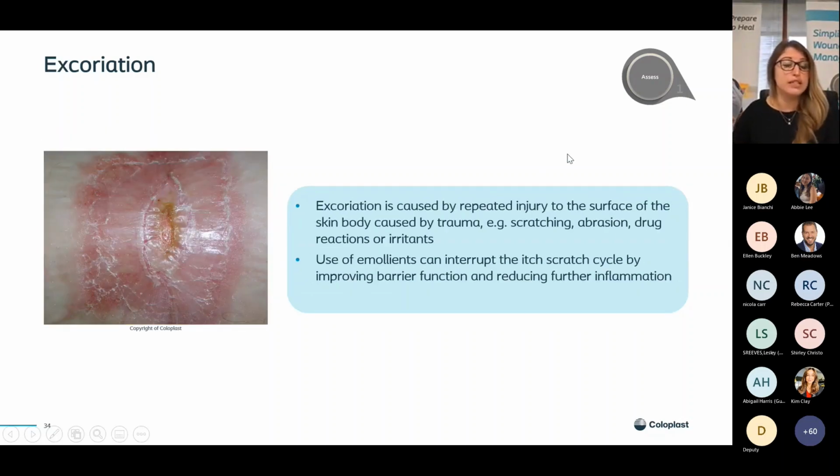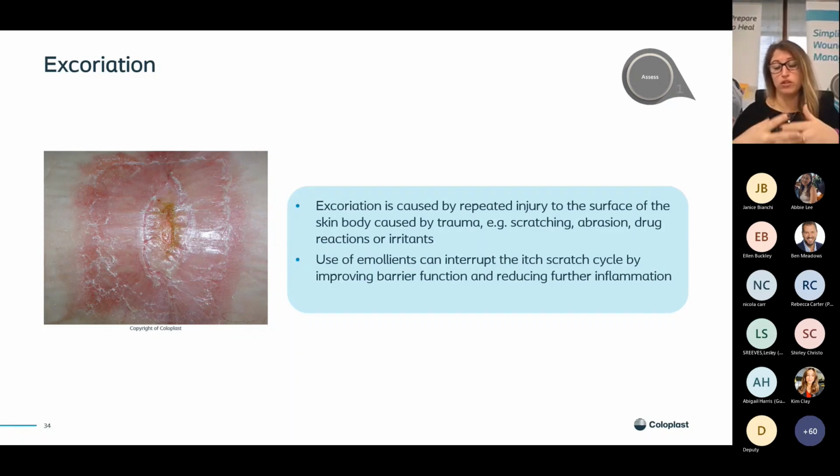We can get excoriated tissue surrounding that wound in the periwound skin. And what excoriation is caused by is a repeated injury to the surface of the skin. So you may well have seen this with a patient that has maybe reacted to a dressing, you can see where the dressing has been, and it causes that excoriation. So what we need to do here is